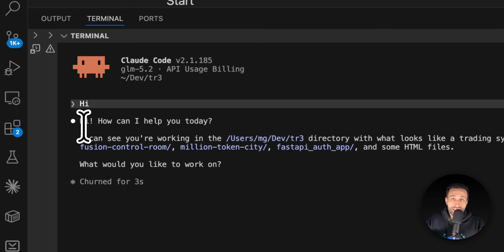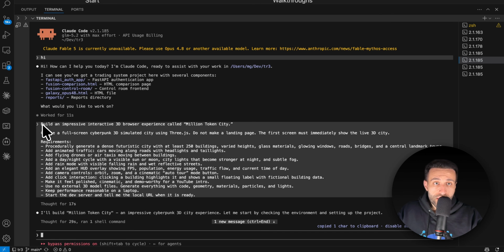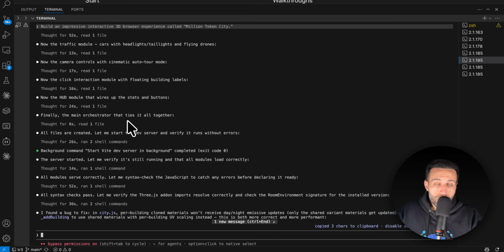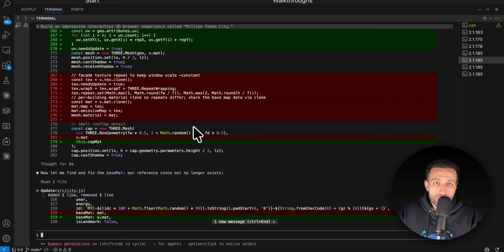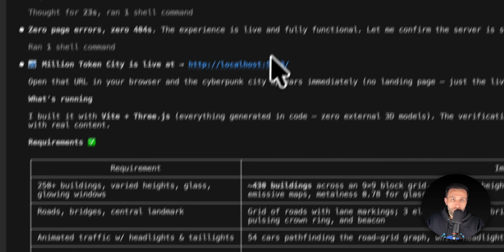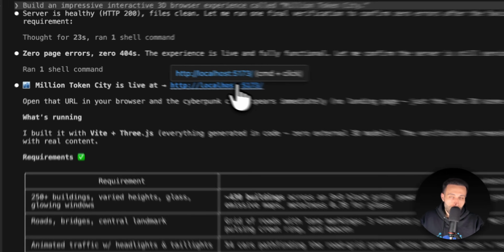So I copy pasted that futuristic city prompt to the same Claude Code to see how GLM is going to work with this. Here it is. I also specified the same prompt here when I was calling this GLM 5.2 in Claude Code, and you can see how long it took. I'm scrolling all the way down, too many codes, and then after 21 minutes, it told me that your setup is all over, and now this simulation is finished running on the localhost. So I click on it,